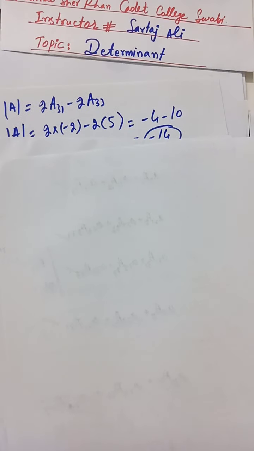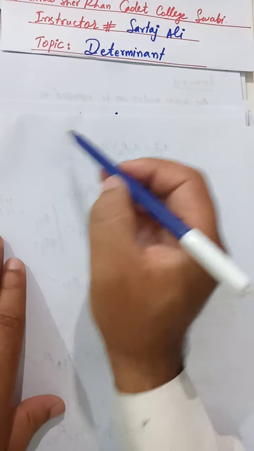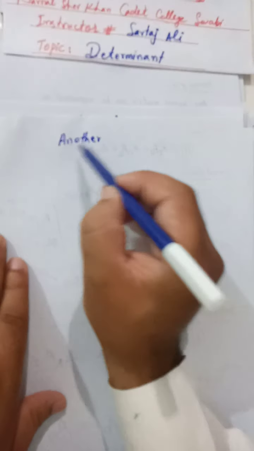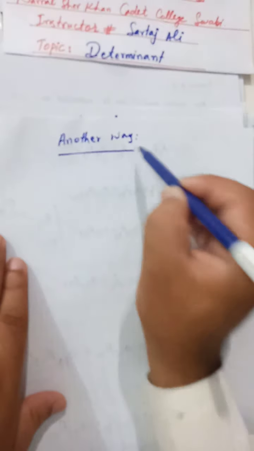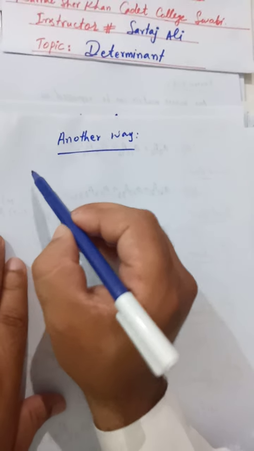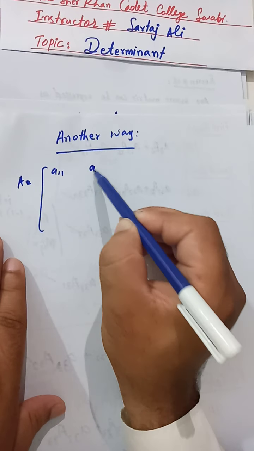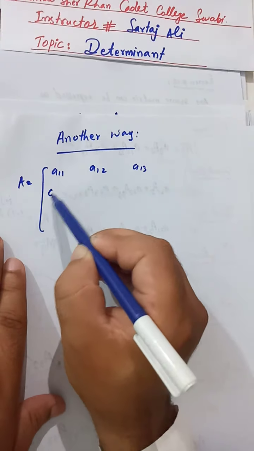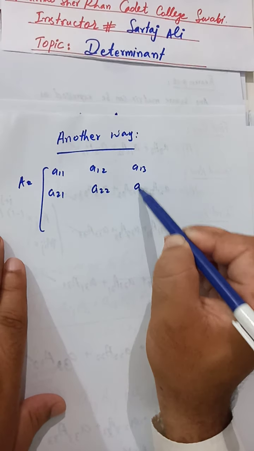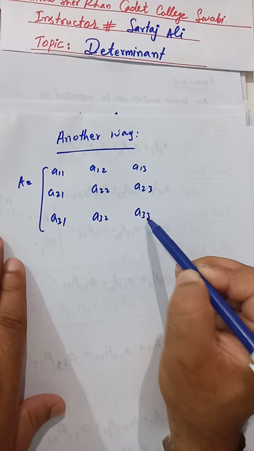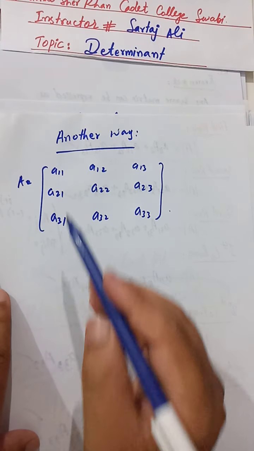Now, another definition. You may also find the determinant of a 3 by 3 matrix in this way. A is equal to, this is a 3 by 3 matrix, A11, A12, A13, A21, A22, A23, A31, A32, A33. So write down